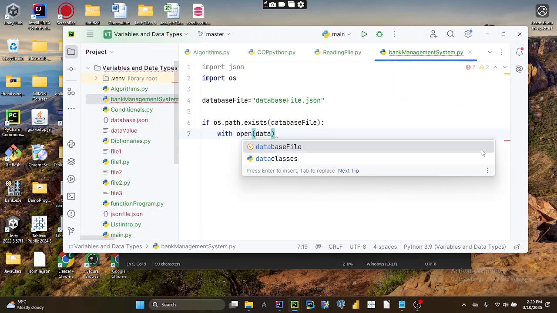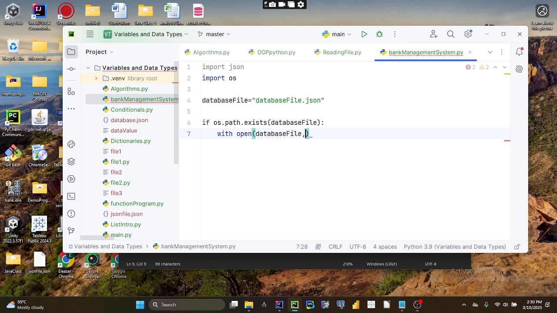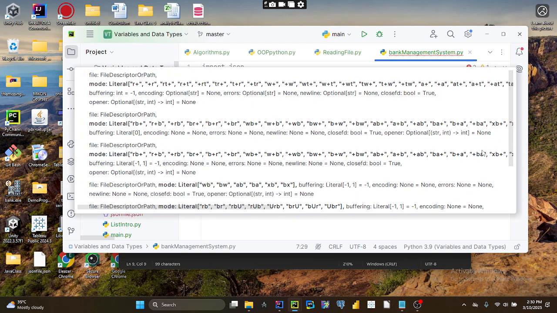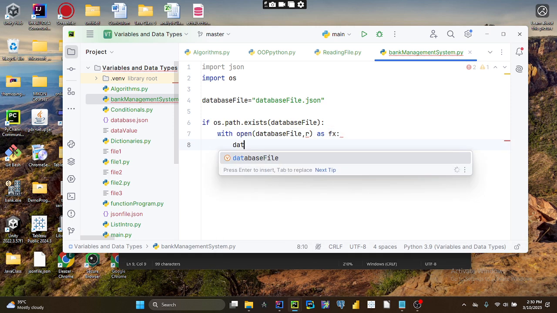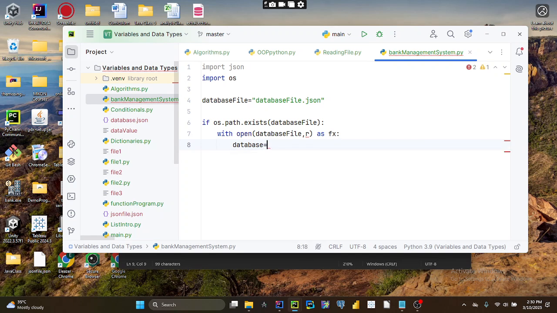So I'll say database file. So I'm trying to open it, read from the file, because I'll create a variable that will represent my file, fx. You can now create a variable called database. You can give it any name you want, but I'm going to give it database. So json.load